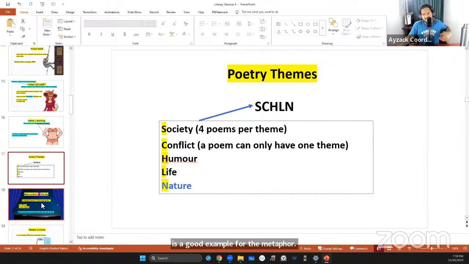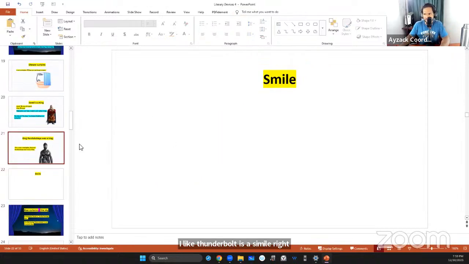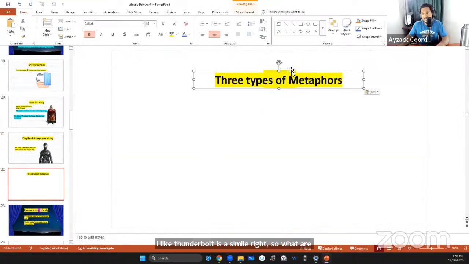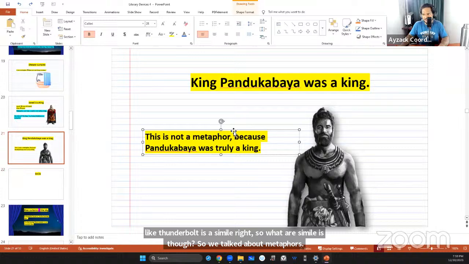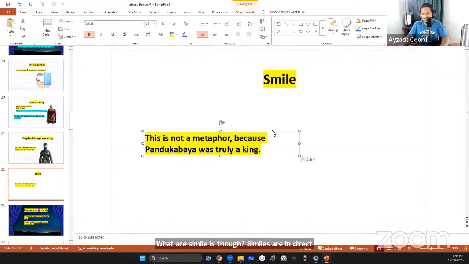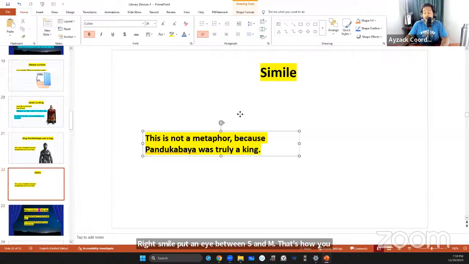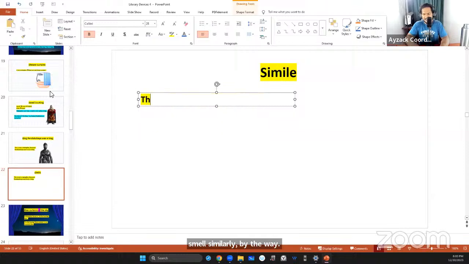Like a thunderbolt is a simile, right? So what are similes, though? So we talked about metaphors. What are similes, though? Similes are indirect comparisons. Smile, put an I between S and M. That's how you spell simile, by the way. What are similes? They are indirect